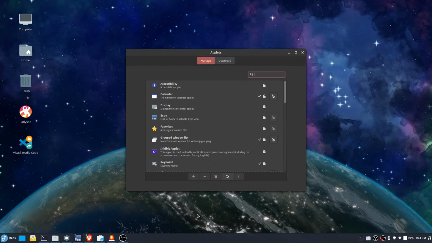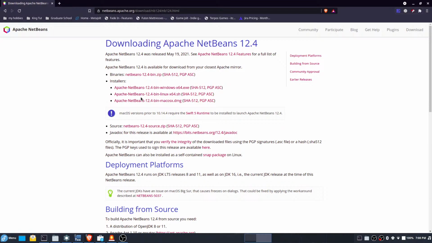That's not what I want. Folder release. Whoa, getting glitchy on me.